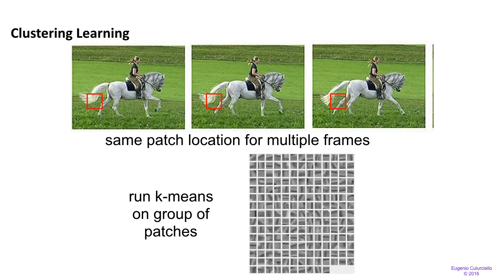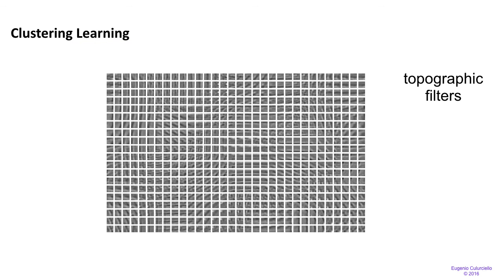Also, it's quite interesting to notice that if you cluster patches for multiple frames, so the same patches over multiple frames, you can actually get motion filters. So you basically get filters that move in time, like the one that you see here. This is quite interesting because it would allow using clustering learning for learning motion filters that could be used in movies. You can also do topographic filters by imposing a constraint that